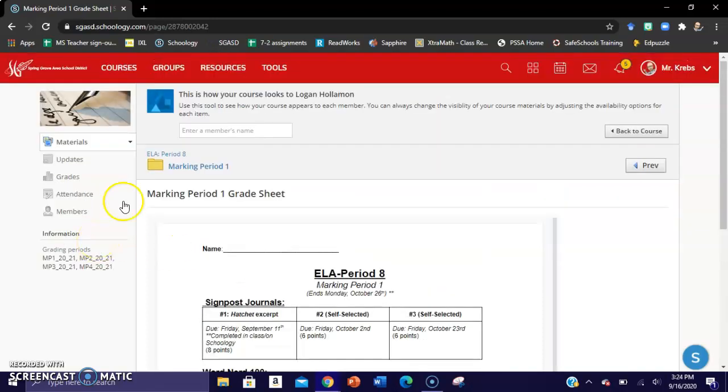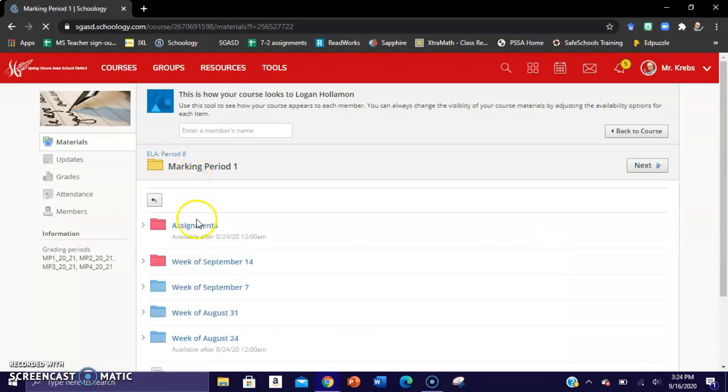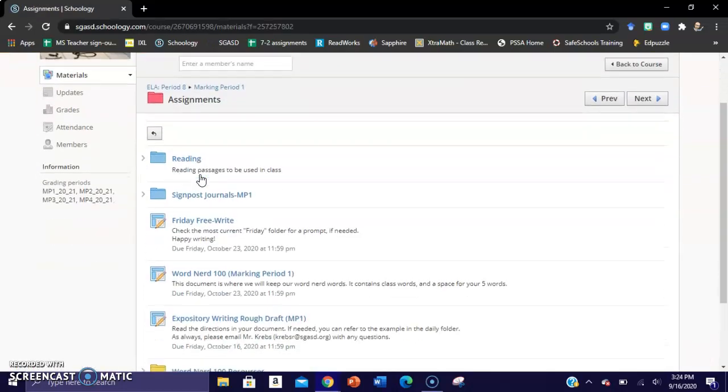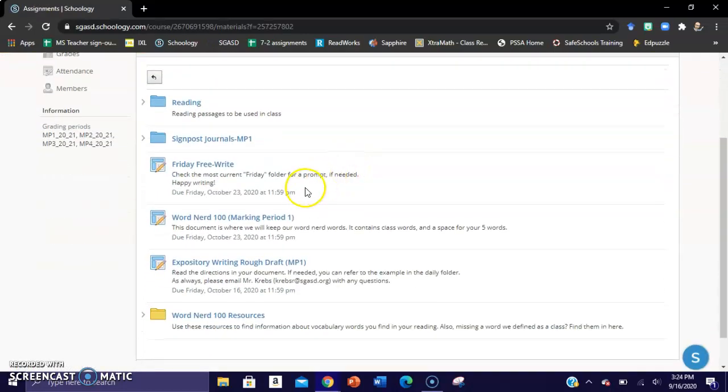If we go here into the first marking period, we of course have this week's folder, and then we have the assignments folder. This is actually a new one under assignments. So if you go into assignments, you will see a new assignment added just before the bottom. It says Expository Writing Rough Draft. When you click on that and open your own document,